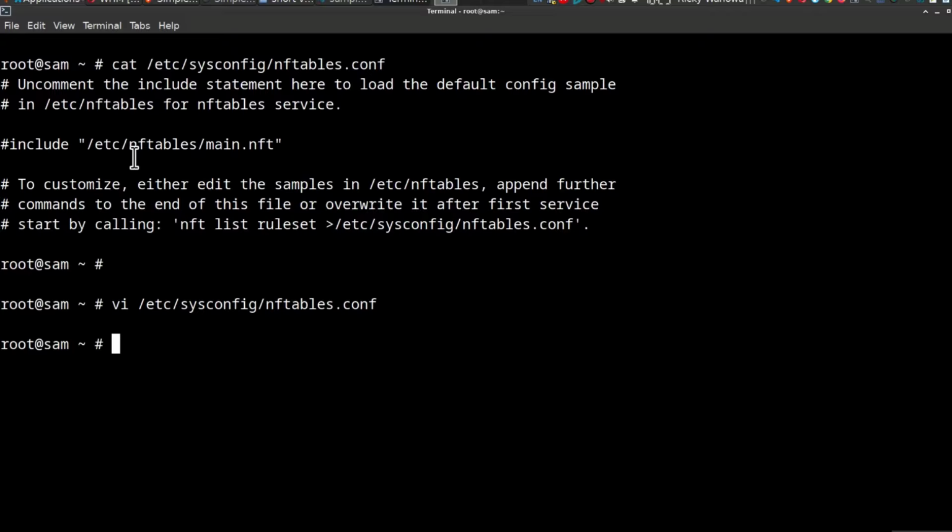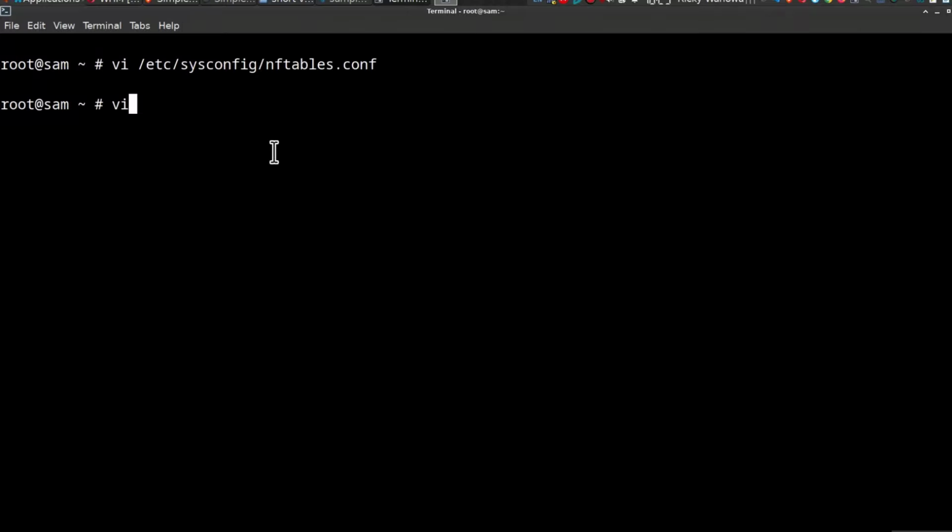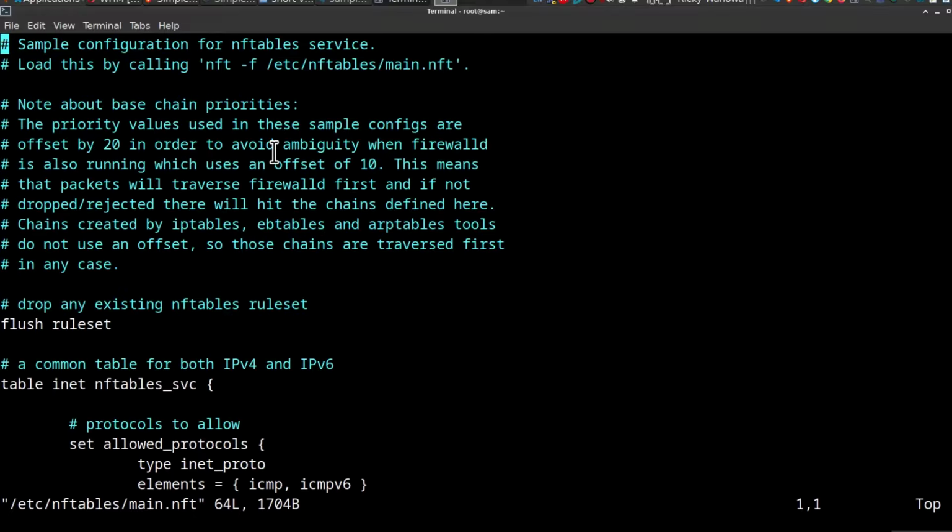And we need to go to that file. I will just do vi. I want to edit that file. Control Shift C, Control Shift V to edit that main NFT file. So you can see here,